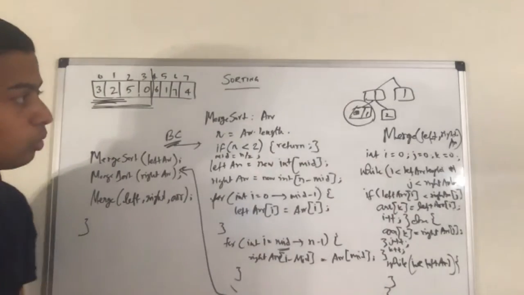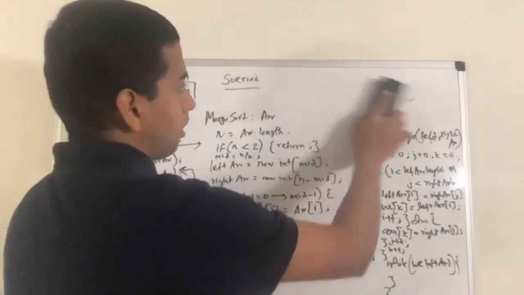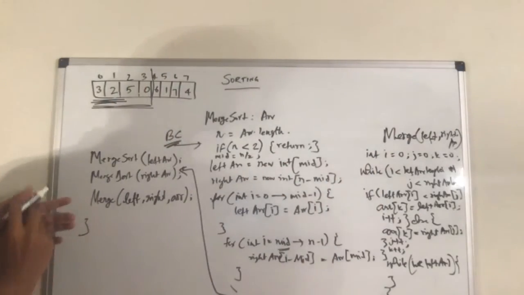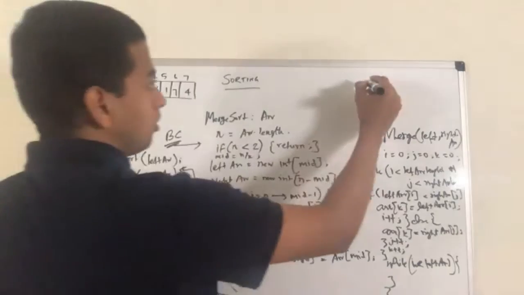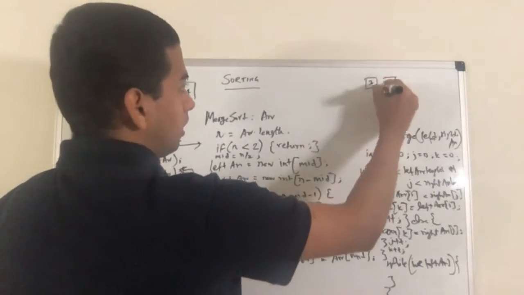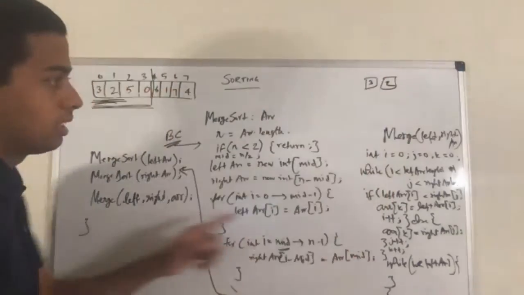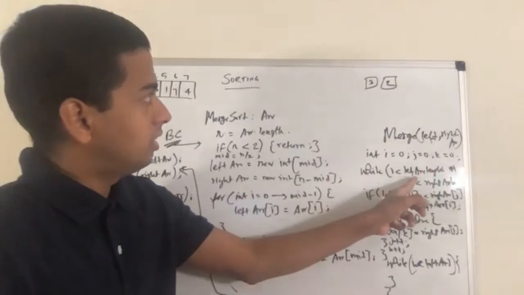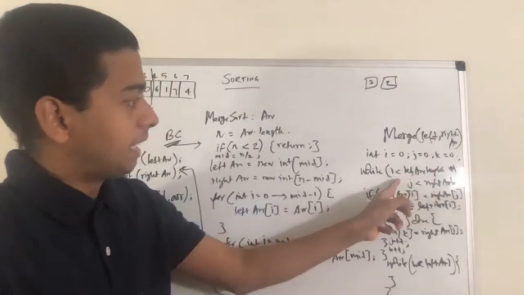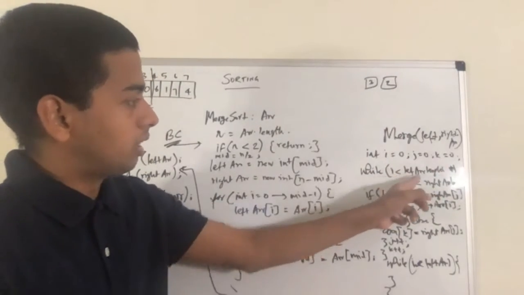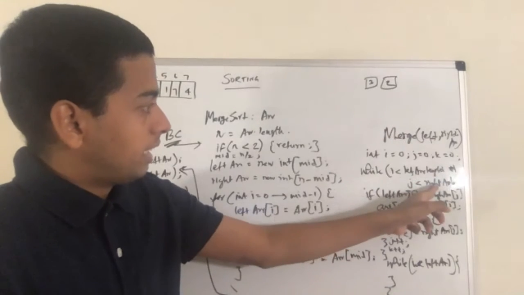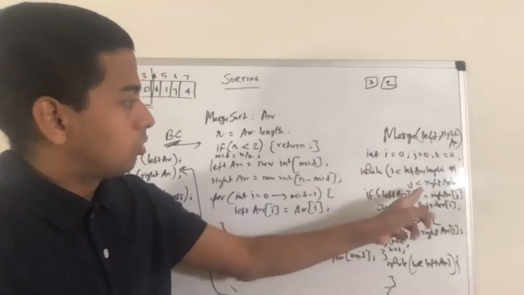What does that mean to us? Coming to the parent program, what happened here in this place? We had 3 and 2. If we apply this logic here, i and j are 0 initially. While i is less than left array dot length: i is 0, left array dot length is 1, that's true. j is 0, right array dot length is 1, so this is also true.